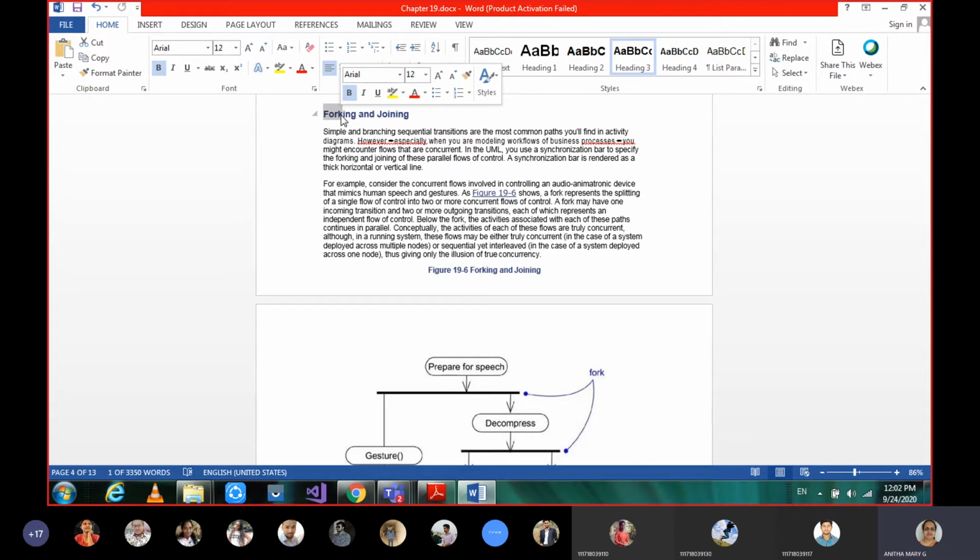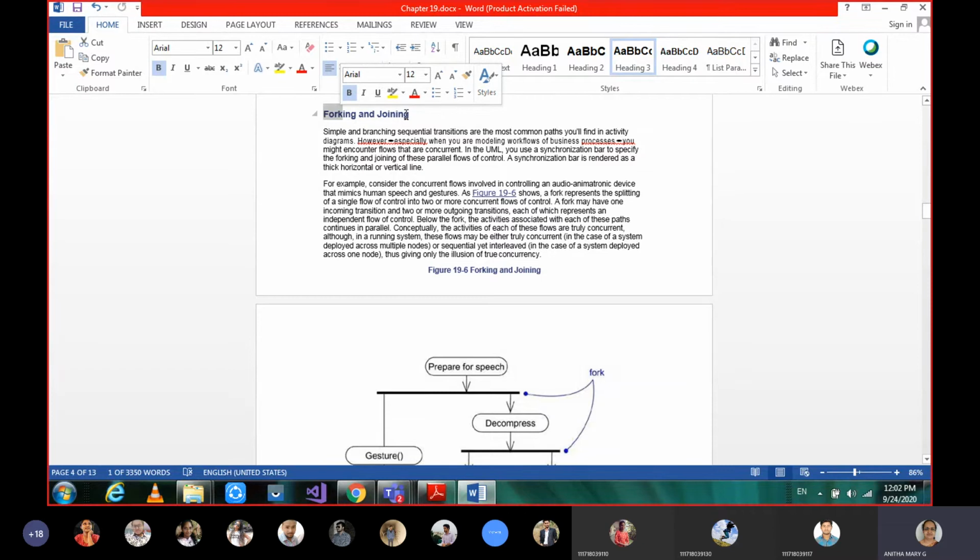Again I repeat, when you hold the fork in your hand at the handle side, that handle represents a single process, and at the end you have a number of lines over there, yes or no? At the end of the fork you can see that those are called a number of processes. So a single process is dividing into a number of processes. That's why the terminology is given as forking.